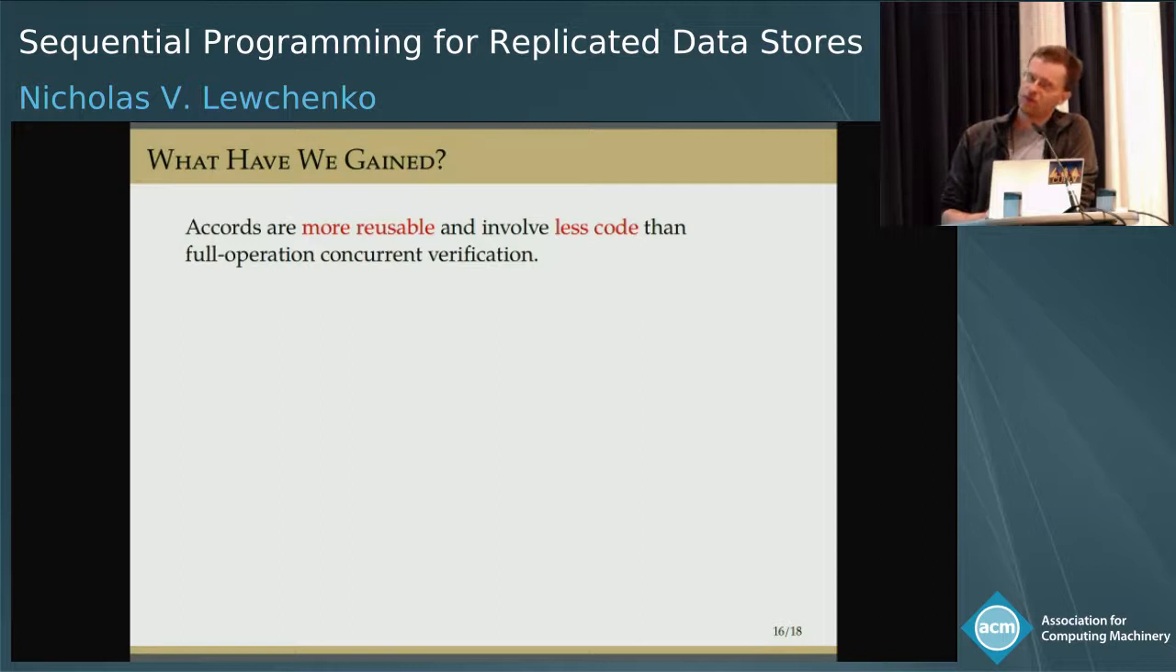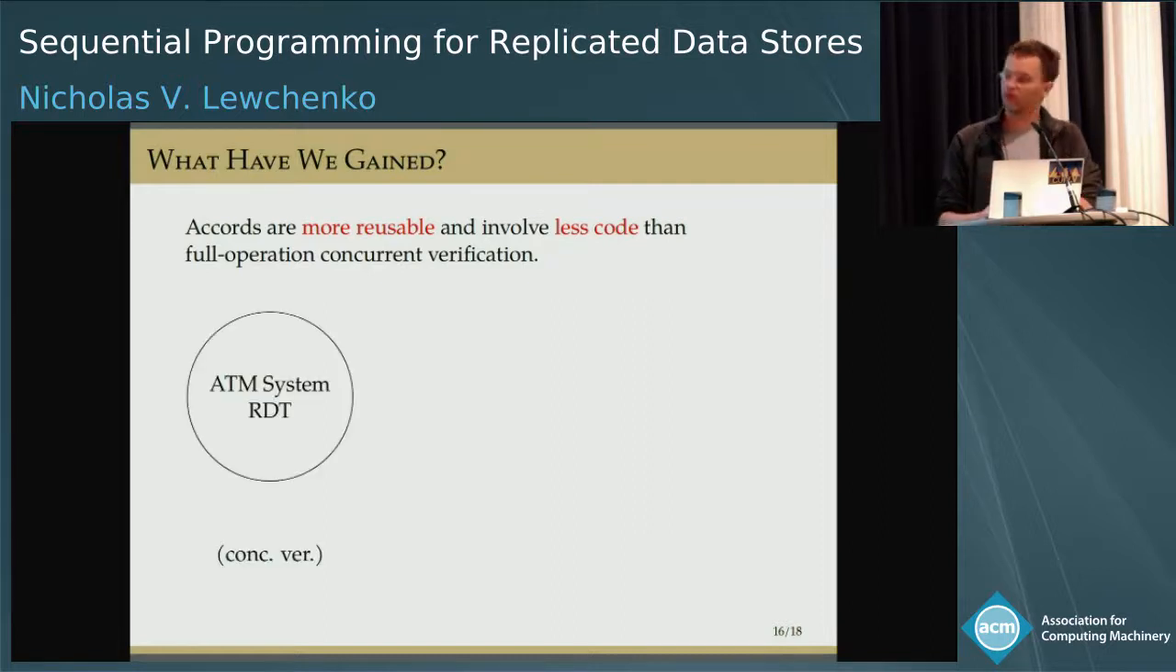So OK, if we still have to do concurrent reasoning, what have we actually gained here? Well, accords are against the standard way of doing this, where you kind of just verify the whole application in a concurrent context. This way of doing it with accords is better because we have less code to deal with. We're only dealing with the primitive effects and guards on some kind of data type with no sequential code in there. And it's more reusable because these effects and guards can be used in lots of different applications with lots of different